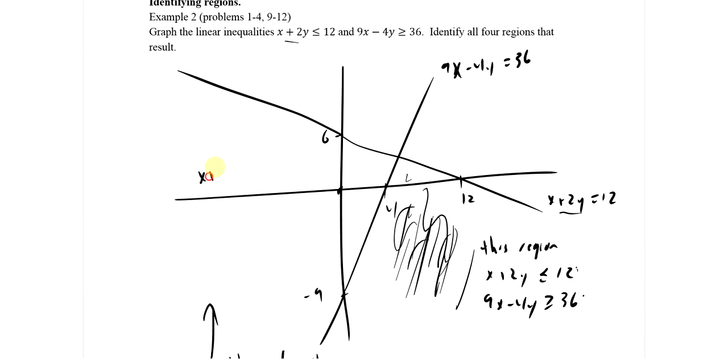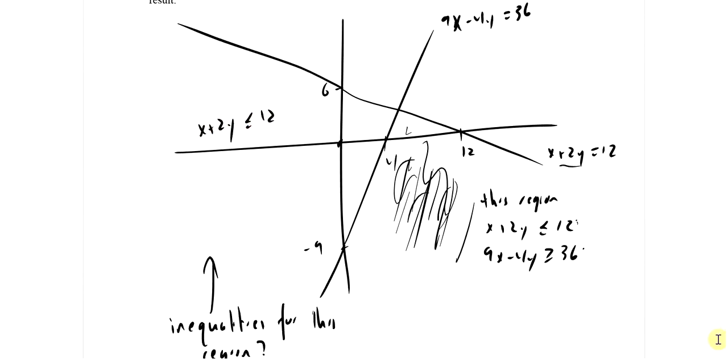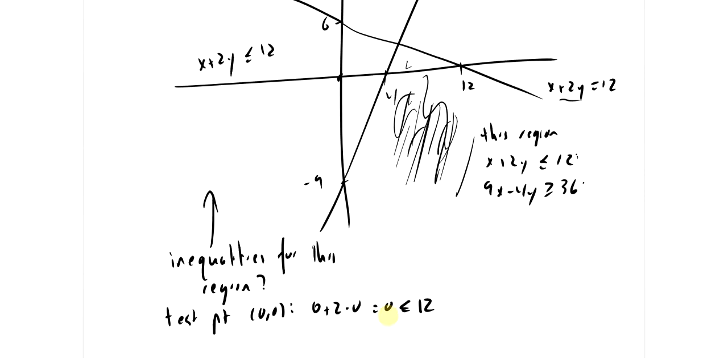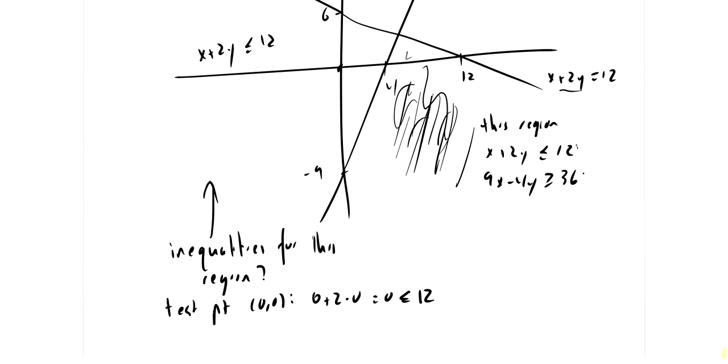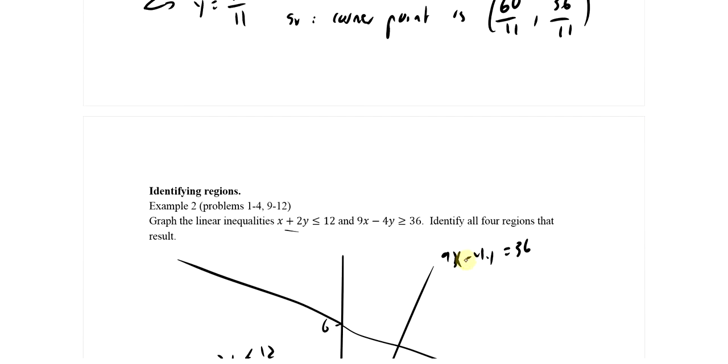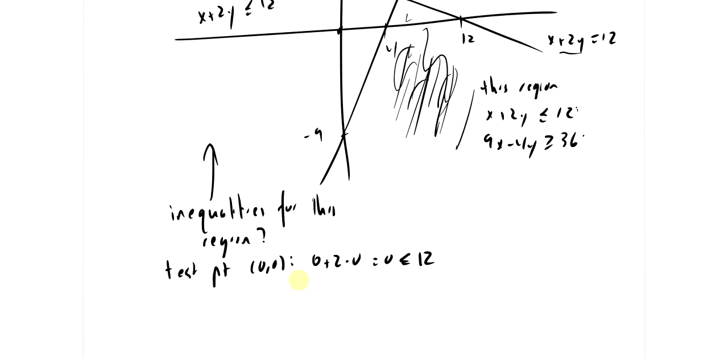Well, this must be x plus 2y less than or equal to 12. That's this side, because when we plugged in 0, 0, we got a number less than 12. What about the other line? 9x minus 4y equals 36. 9 times 0 minus 4 times 0 equals 0. This is why 0, 0 is always such a nice test point. Everything turns out to be 0. We know that's less than or equal to 36. So the side that 0, 0 is on must be the less than side